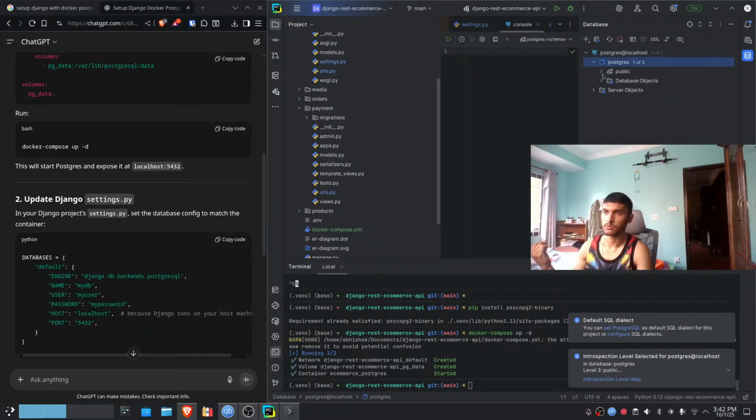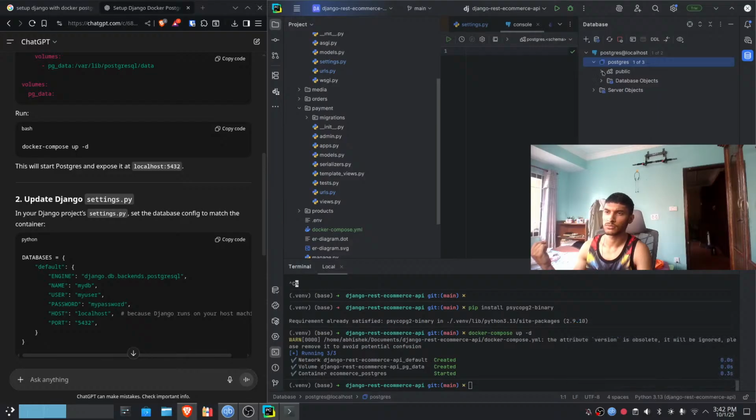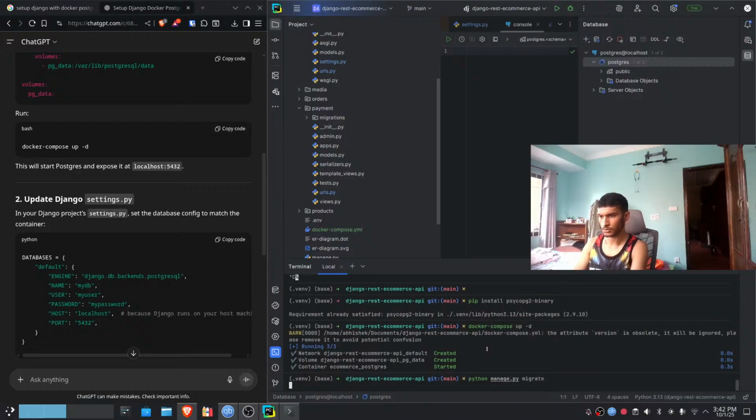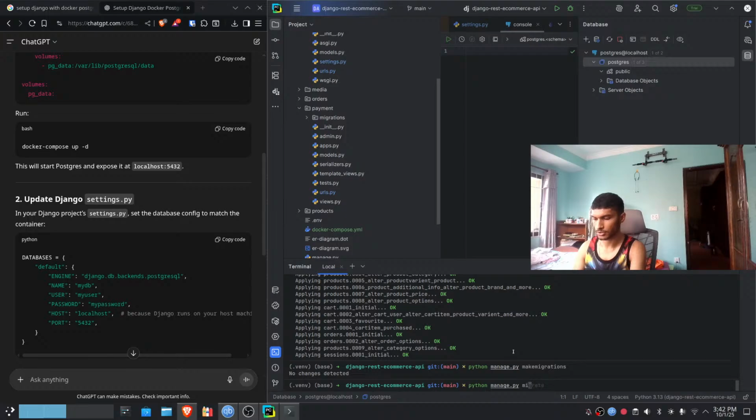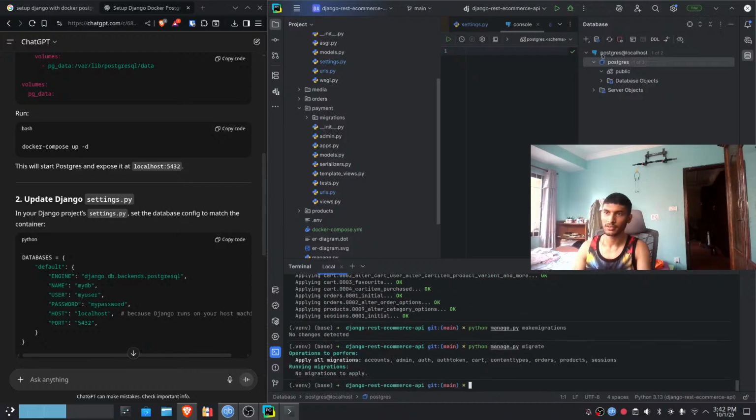Okay, so public should come inside here, right? Okay, so if I refresh this and make migrations, no change detected, and if I do migrate, nothing's happening. What the heck? So this is for